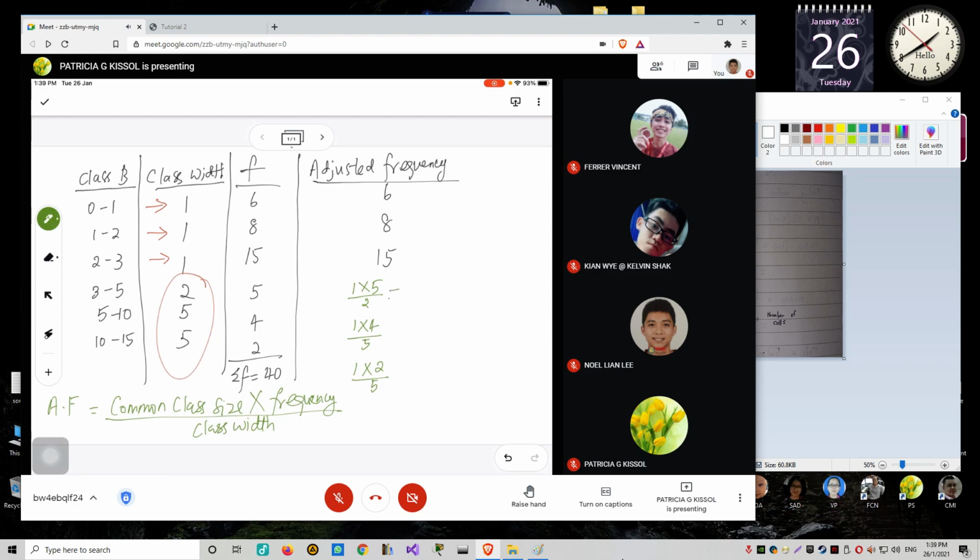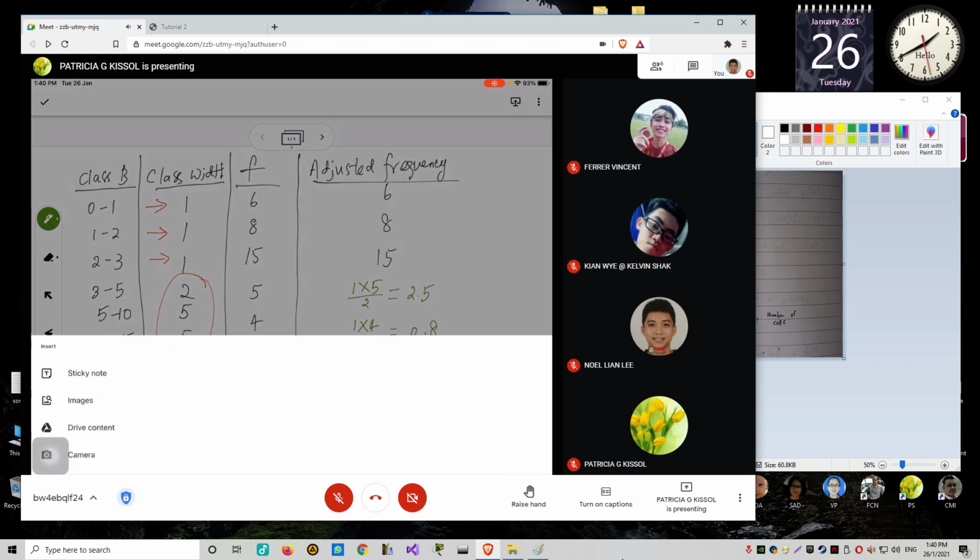So basically all this will give us different values. If you calculate this, you get 2.5 because 5 divided by 2. And this one should be 0.8 because 4 over 5. And this one should be 0.4. So when you draw it, this one is also another tricky matter. Everyone clear about getting the adjusted frequency? Okay. Okay, so from all this information,